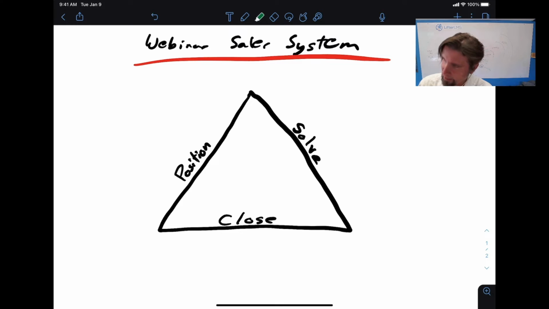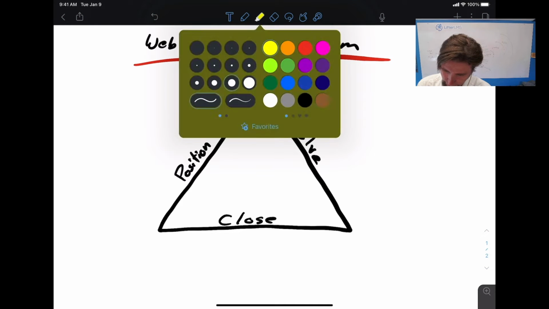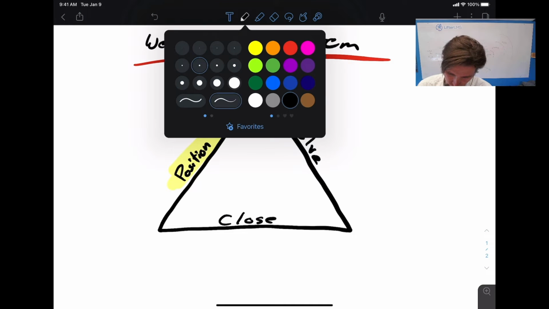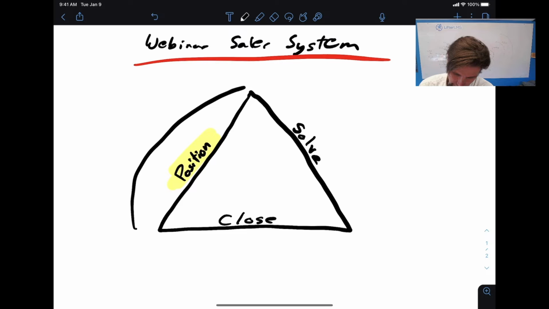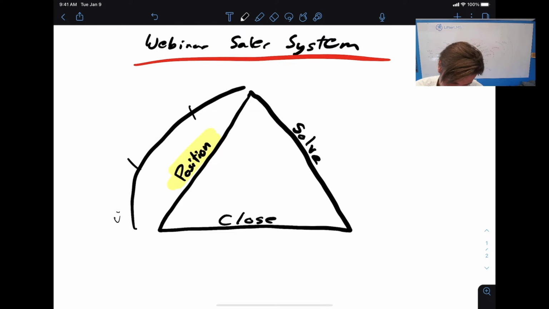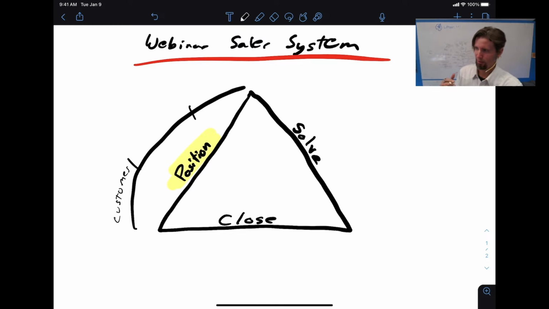But let's go ahead and take a look at the positioning part. There's really 3 aspects to positioning. The first thing you want to position is actually your customer, the person who is on the webinar, in the audience, the one listening to you. That's all about making sure they feel like they're in the right place, that they feel welcome, that they're the exact person that you help. We're going to go over exactly what to say and how to do that in just a little bit